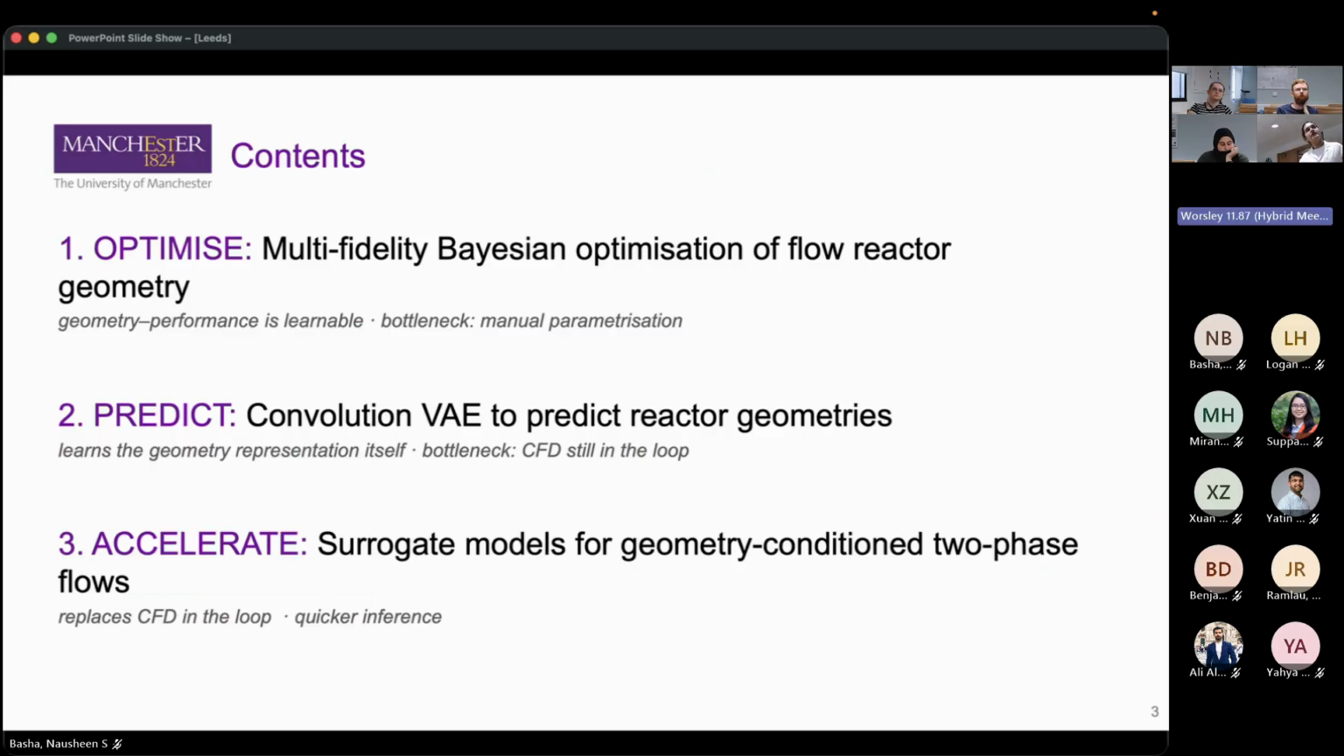So that leads to the content of my talk. In the first part, how can we optimize for design? What would be efficient computational methods in order to explore the design space, where we look into something called multi-fidelity Bayesian optimization methods. In the second part, in the first case, the geometry and performance is learnable, but the bottleneck there is a manual parameterization. In the second part, how can we jump up from the manual parameterization, and can we learn geometry representation itself from a certain set of images and do an optimization over that, which then helps us to explore large dimensional